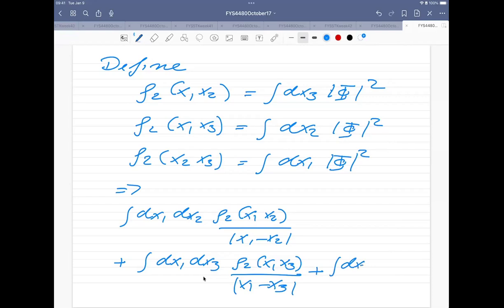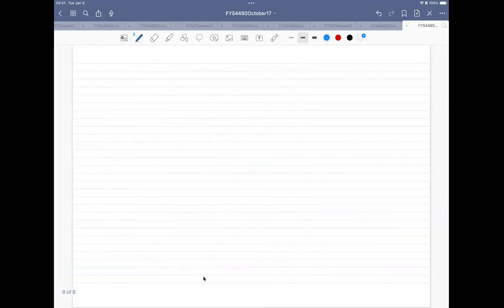plus a final one, which is a dx2, dx3, and then I have rho 2 here, just to distinguish it from the one-body case, divided by x2 minus x3. And now you see that these are all dummy variables. So that means I can actually collect them. And due to the fact that we are having two particles present, what we will get then is a general expression. If we write this out, so you have 3 terms here, but in general,